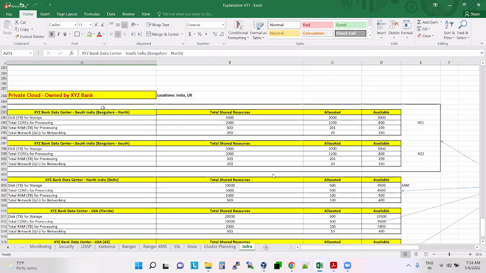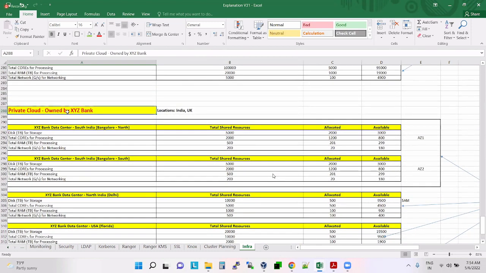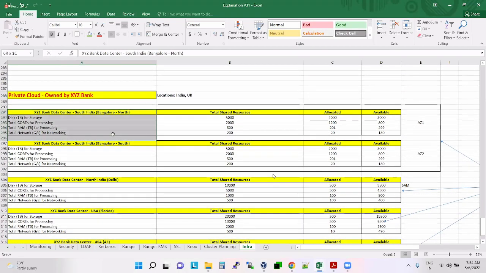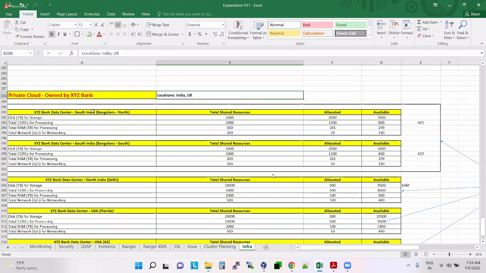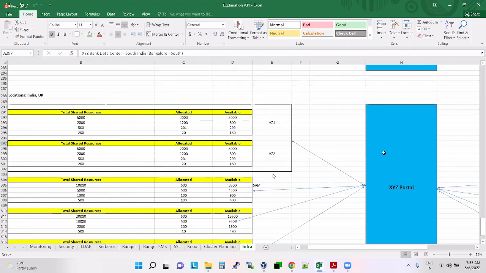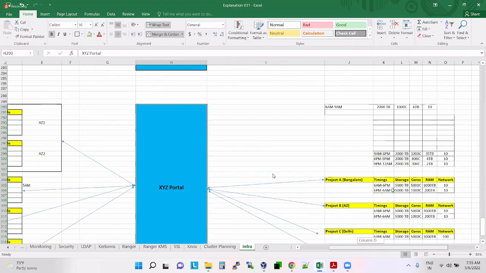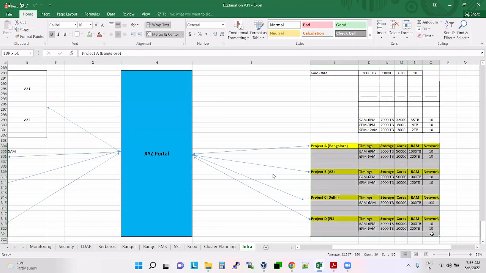So private cloud means it's owned by a particular company. Wherever this company is located, by combining multiple resources from the company locations, or by combining multiple data centers, they created a portal like this, the XYZ portal. They are telling their customers or their project people, hey guys, you want cloud services,